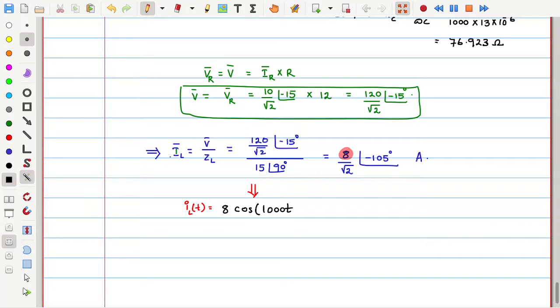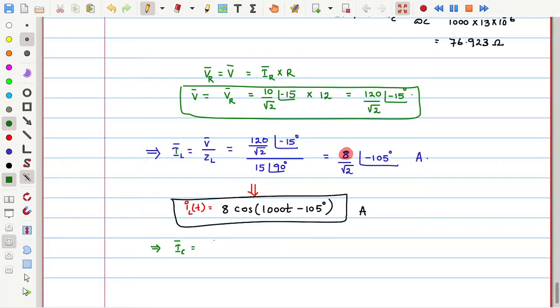How much is the angle of this IL? Minus 105. So this is the inductive current in time domain. So you should be in a position to convert phasor to time, time to phasor. Now IL work is over. Next, let us move on to the IC,